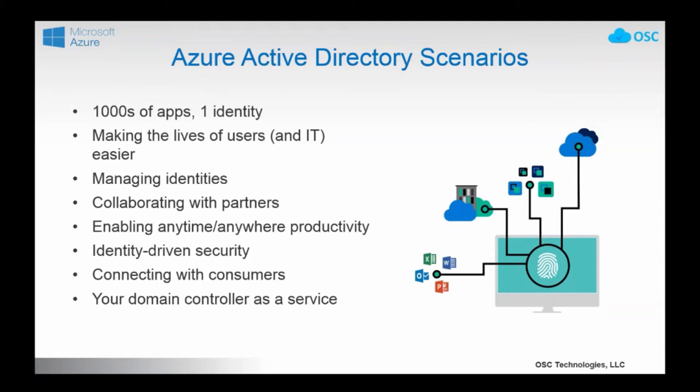In here, we talk about some scenarios for enterprises that could be using Azure Active Directory. So thousands of apps, one identity, that basically means single sign-on. Right? Single sign-on across on-prem or cloud applications, and also integrating with mobile applications, or third-party SaaS, software as a service applications. So basically using one identity and going through Azure AD, your business and your users will be able to access